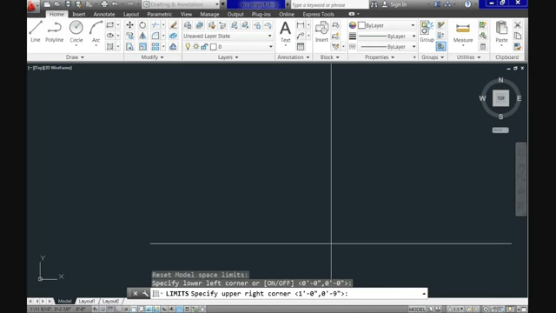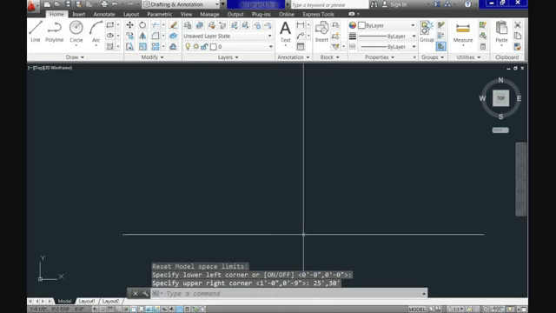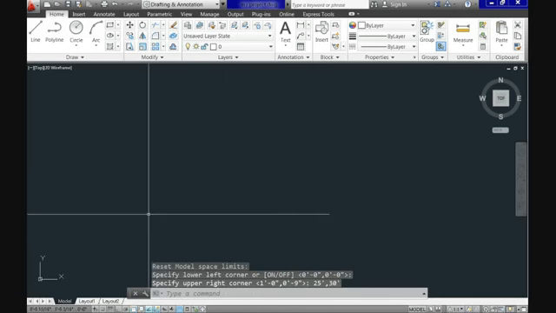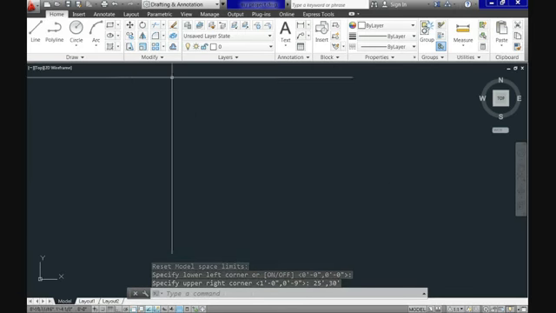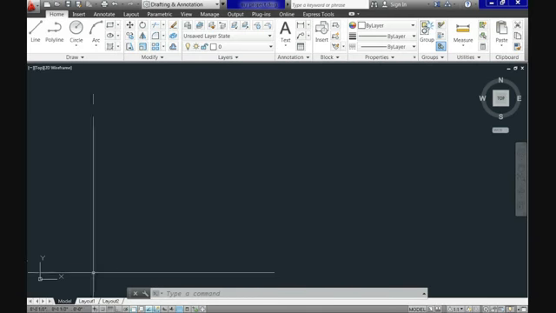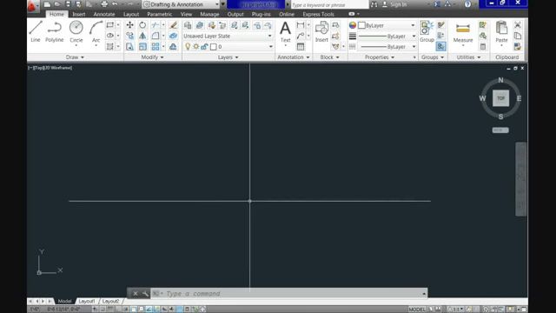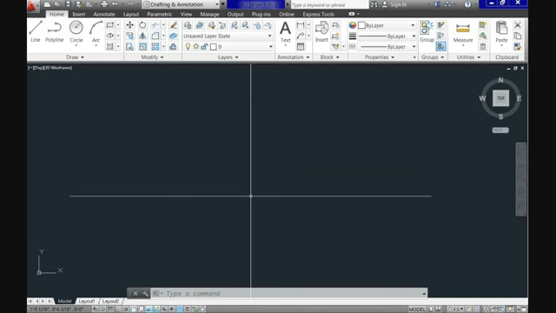Of course, as we already spoke, the environment where you work is infinite. However, you don't want to spend valuable resources of your computer, so you can limit where you will be able to draw. Let's use, in my case, 25 feet by 30 feet. That means after you hit enter, your working space is being restrained to a 25 by 30